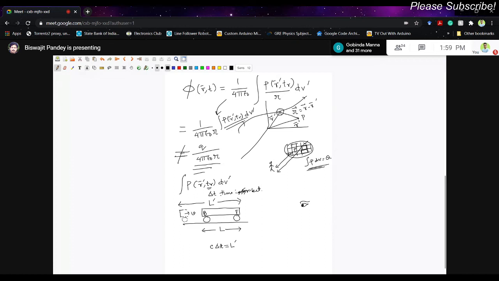As I told you, delta t is the time lag between the two rays arriving at your eyes from the back and the front end of the train. So if delta t is the time lag between the light rays coming from the back and front end, then c delta t must be equal to L prime. And L prime is what? L prime is when the light started here and reaches your eye. From here onwards, they are traveling the same path, right? The back and front rays travel the same path, but the light from the back has to travel some extra path, and that extra path is basically this L prime, which is c delta t.